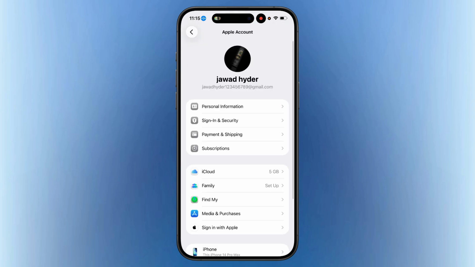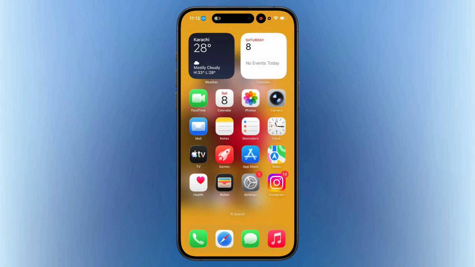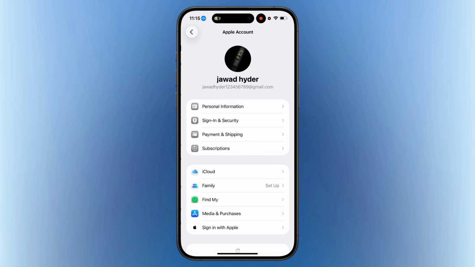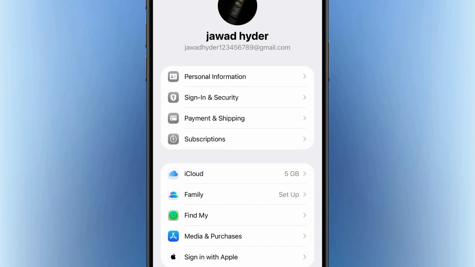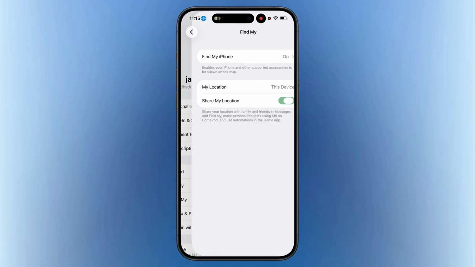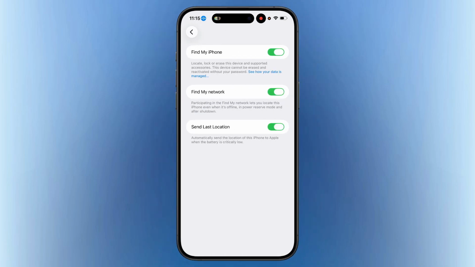or people. If you want to connect another iPhone to the same Find My account, take your second device and open Settings. Tap the Apple account name at the top and make sure you're signed in with the same Apple account you're using on your first iPhone. Next, go back to Find My and make sure the required Find My settings are enabled on this device as